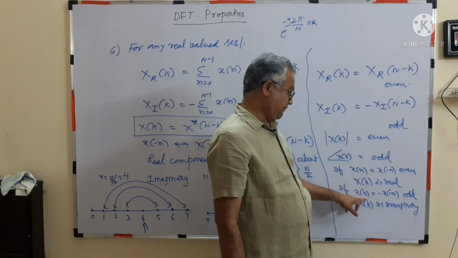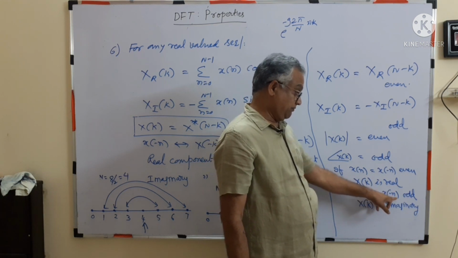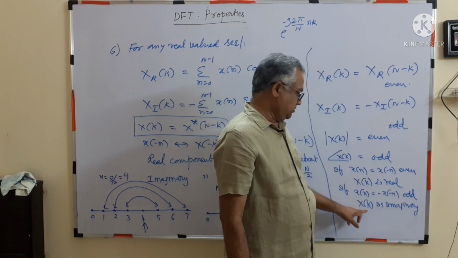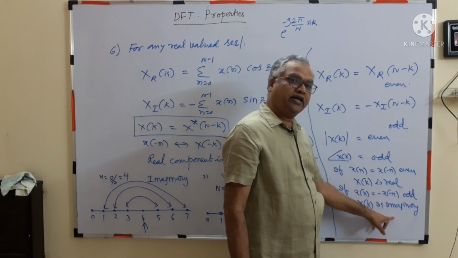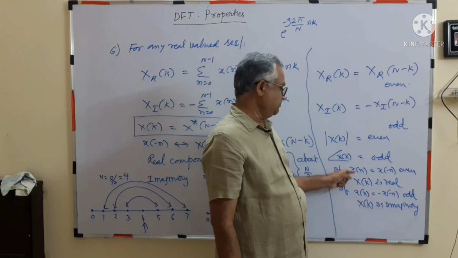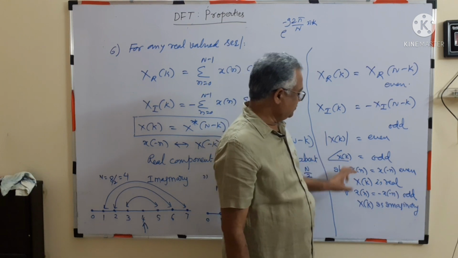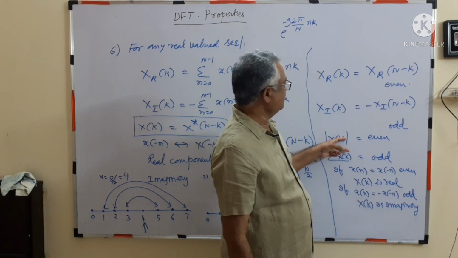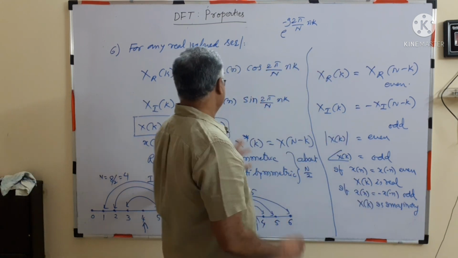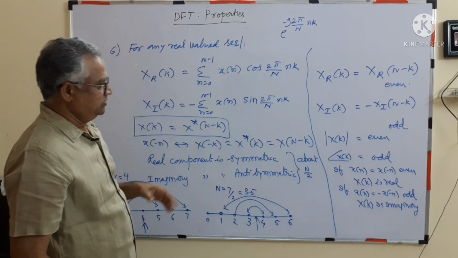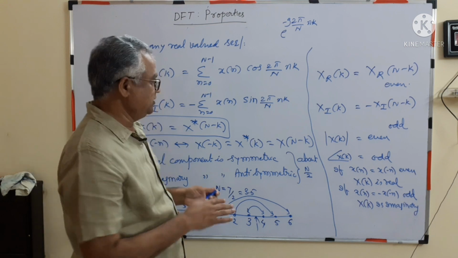If x of n equal to minus x of minus n, the sequence is odd, then X of k is purely imaginary. So based on the type of sequence, the DFT will change. So this is one concept, this is one concept. These are all small points, all coming under one property. So next we'll see